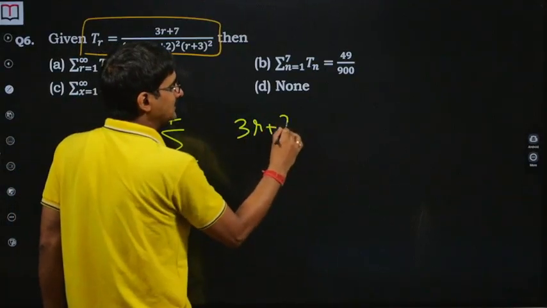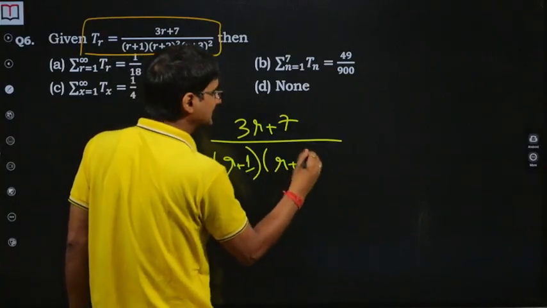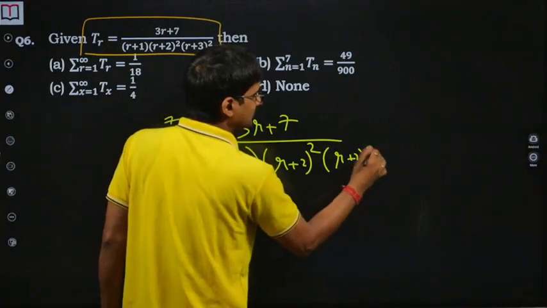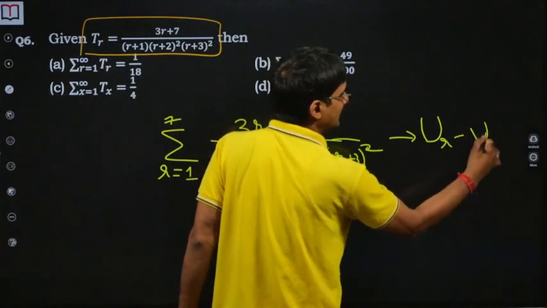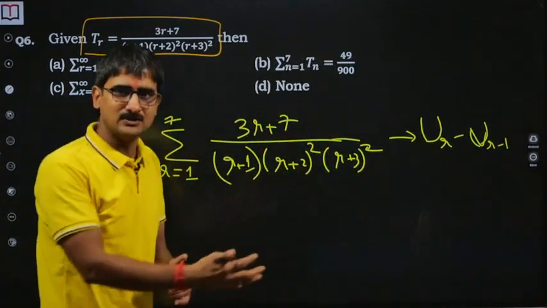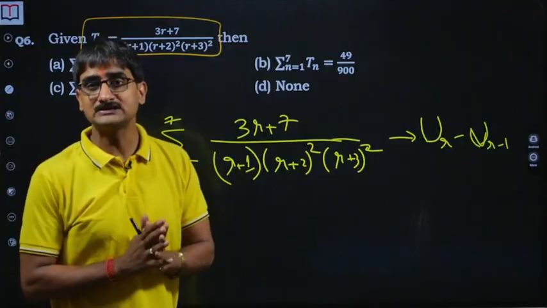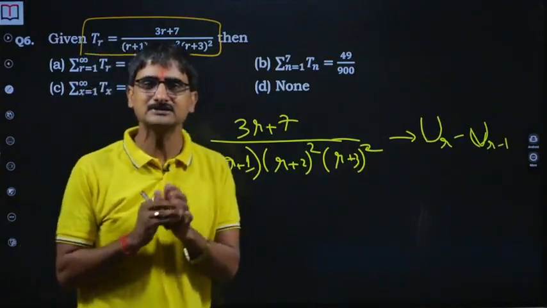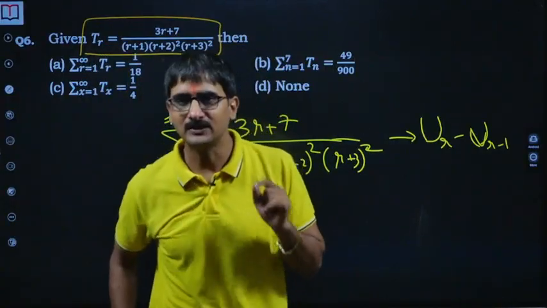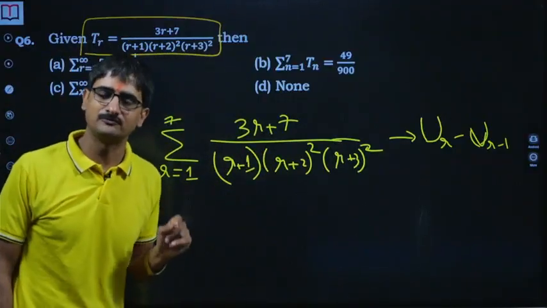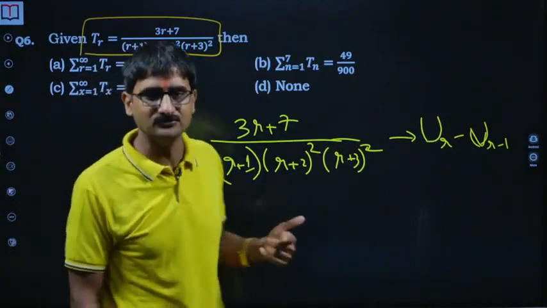3r plus 7, see, the only thing which I started thinking while solving this question is to rewrite it as the difference of two terms. I'm not sure, ur minus 1 or ur minus 1 minus ur or ur plus 1, whatever they are. Difference of two consecutive terms. So okay, that's the most important, most crucial, most useful method, because if I can't use any standard method to solve the series, the first thing and the only thing which I keep trying to use or thinking on it is this thing.